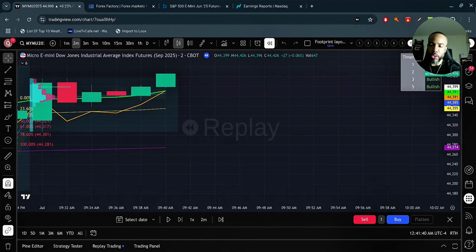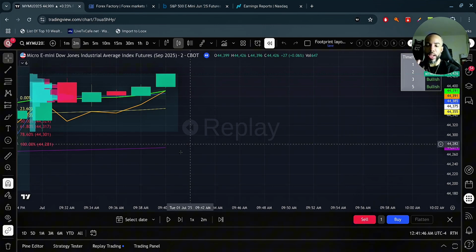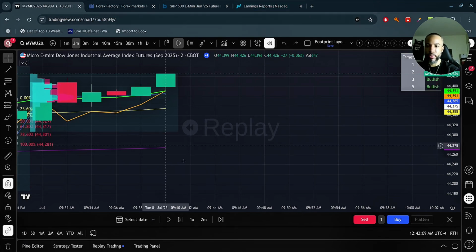So what I trade with is the 9 EMA. The 9 EMA is the average of the last 9 days, but it focuses more on the latter part. You guys that are scalping, you want to use the EMA. You don't want to use the average of all 9 days. You want to see what's happening the latter part of those days. That's why you should use the EMA. All right, so